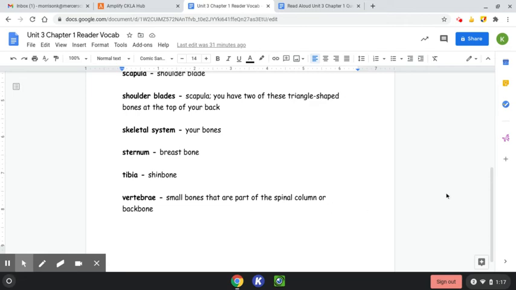Okay, so I know that was a lot of vocab and it was a little bit confusing. I'm going to attach this to your assignment just so you have it, but I'm not sure that you're going to have to look back at it. Our reader does a pretty good job of explaining the words, and I'll try and stop and explain them as we go while I'm reading. Okay, so